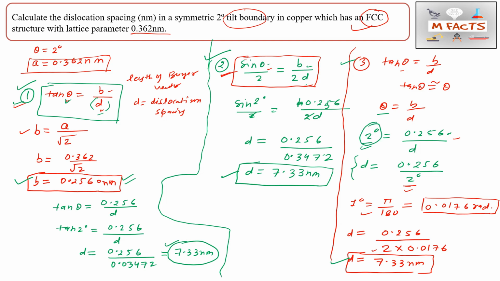This is in degrees, so we need to change this degree into radians. Please remember this point, because in exams people make mistakes here. This is a very silly mistake, but people sometimes make it in exams. So that's why you can remember this value, that 1 degree is equal to 0.0176 radians. Or you can also remember it like that. I will tell you one more way: 1 radian is equal to 57.3 degrees. So from here we can find 1 degree is equal to 1 by 57.3, which will also give you the same value, 0.0176, or you can remember by this route also.